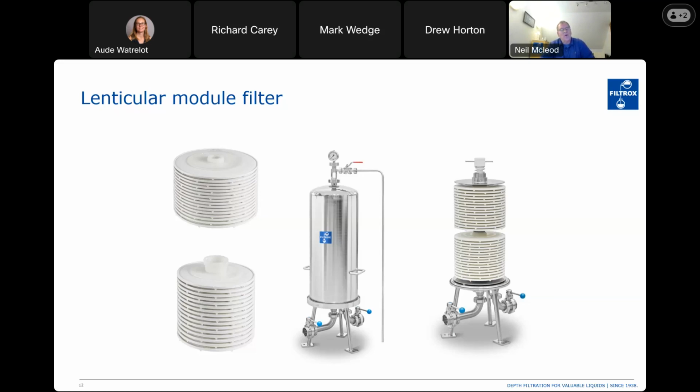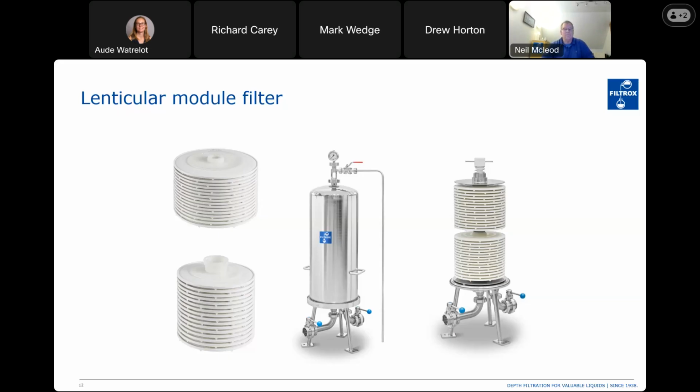And if we put 4 modules in a housing, which we can do, then you'd have a total of 104 filter sheets in a 40 by 40 press, which is a standard wine press, or 44 sheets in the larger 60 centimeter press, which is also common in wineries. So this is a good way of holding the same filter media, but in a different format, offering a low